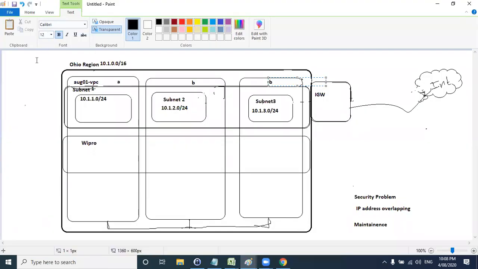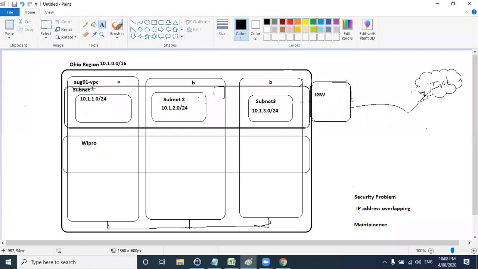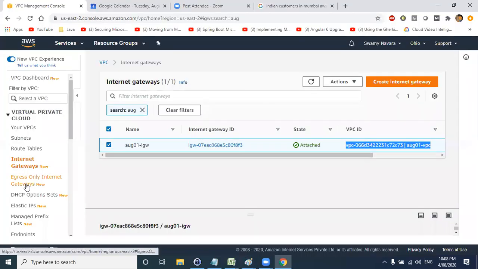Technically, first we created this internet gateway, then we attached it to this particular VPC, which means any traffic from the external internet, this gateway will redirect to this VPC, and if any servers in this VPC request traffic, it will redirect from this internet gateway to the external world. So that is the internet gateway.